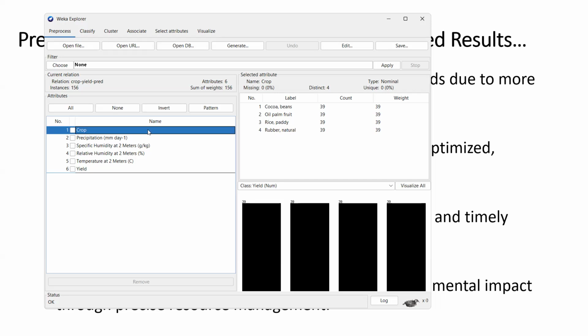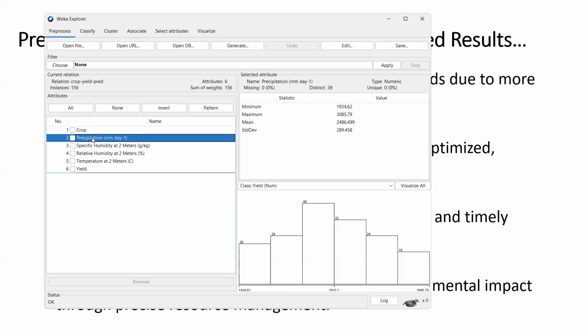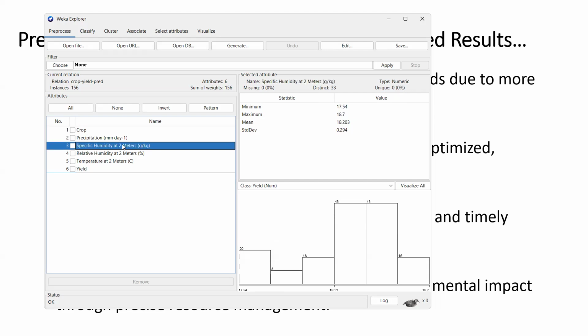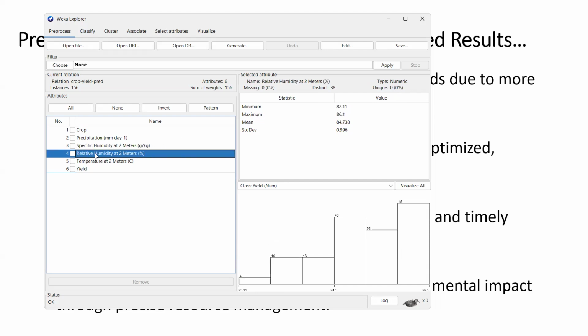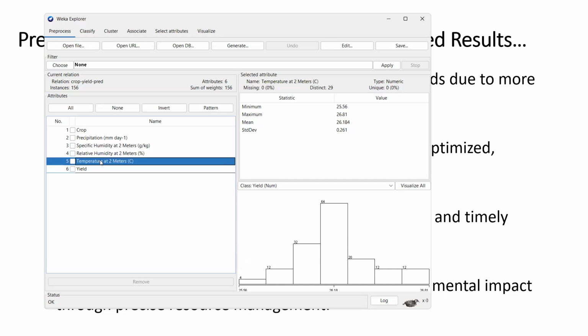There are different types of crop that you have the data for. Precipitation, we all know precipitation. It's a numeric value. You can see here the minimum, maximum, mean, standard deviation. These are the characteristics of the attributes. We have the specific humidity at 2 meters, gram per kg, then you have the relative humidity, then you have temperature.